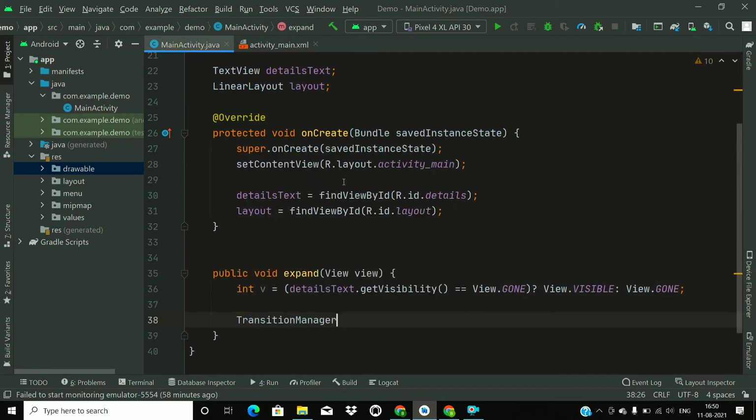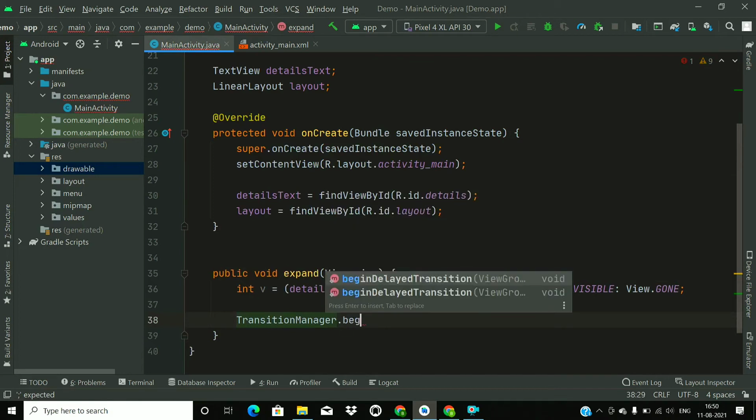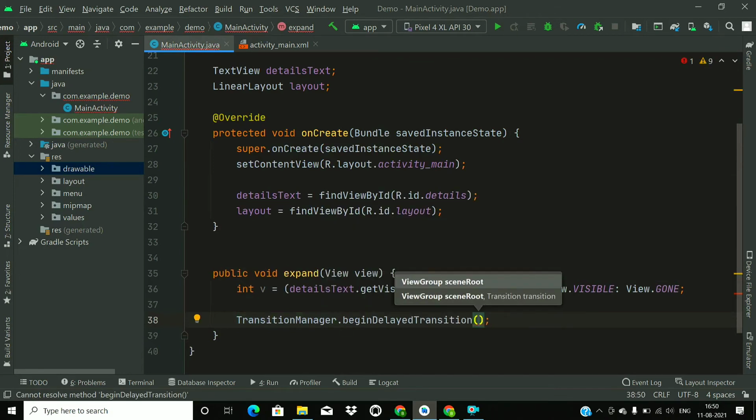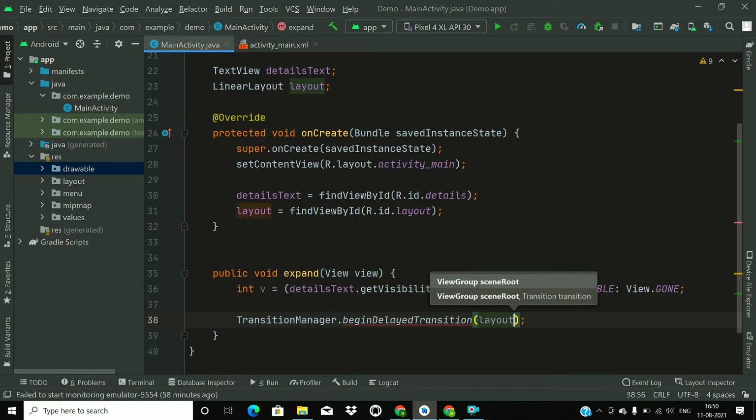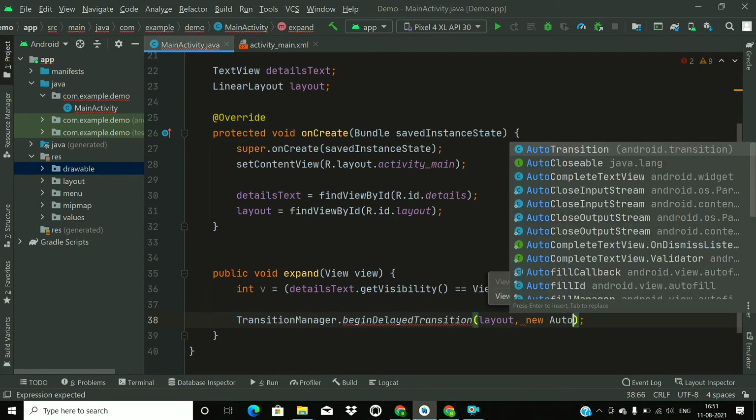Now we call TransitionManager and set a transition to the layout. So we need to pass the layout here, and we need to pass a transition effect here. So I pass AutoTransition, so I will call the constructor new AutoTransition.